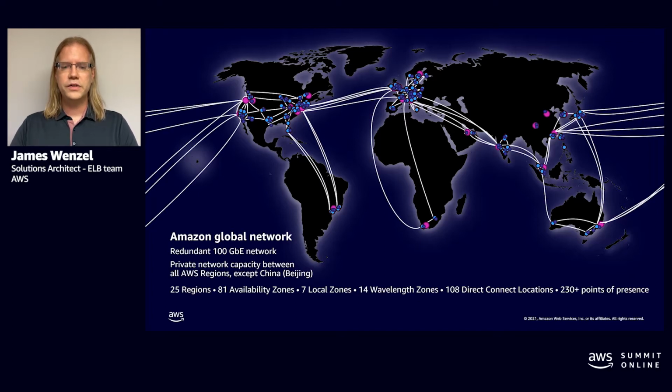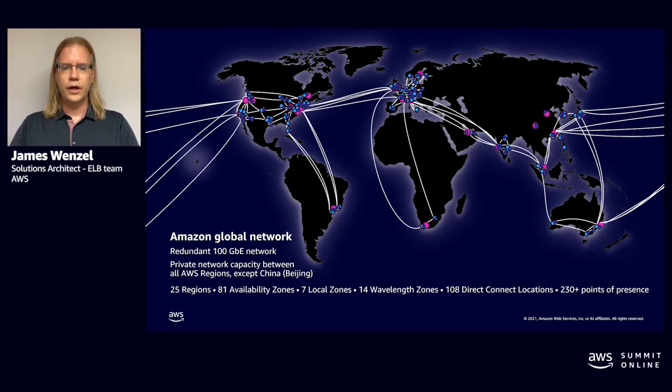All the fiber that you see on this diagram shows connectivity between different continents. Everything under the sea, that's all AWS. It doesn't belong to anybody else. We're not using any other third parties. So we can be sure that our network has enough bandwidth and has enough capacity to carry our customers. This also allows us to monitor the backbone so that when our customers grow, we can stay ahead of them so we don't run out of resources.